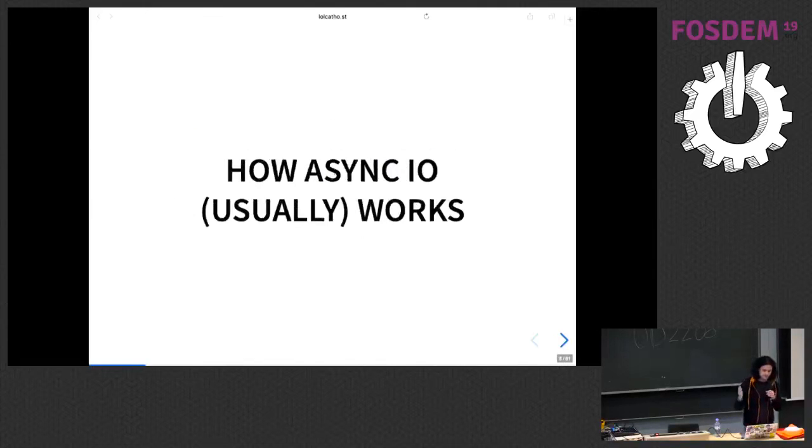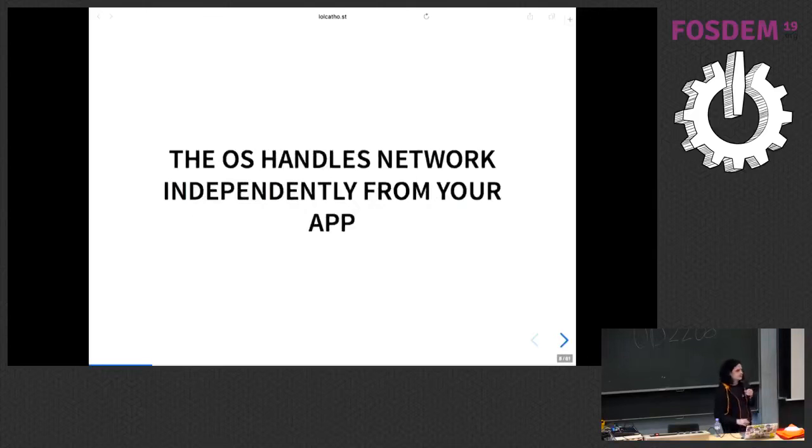So, what happens, in fact? You have the OS that receives packets. Imagine you want to accept a TCP connection. You have a function to say, I want to accept one. You're not waiting for a connection there. What happened is someone did a TCP handshake with your server, and the kernel handled the handshake, and then put the connection in a queue somewhere, and when you do accept, you get something from that queue. So already when you're accepting a connection, a lot of stuff happened before you even took a look at it.